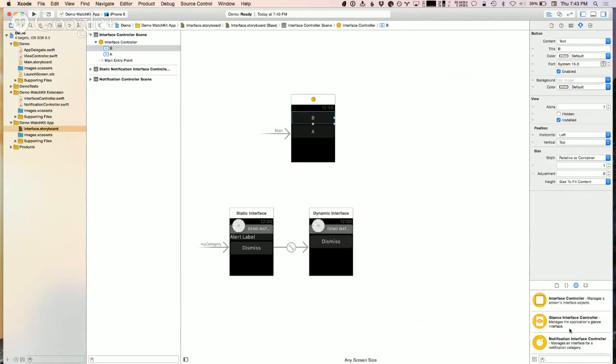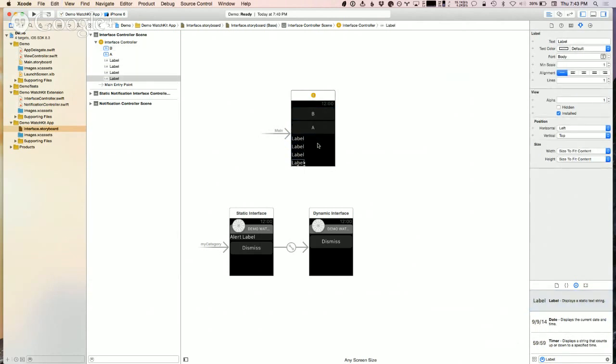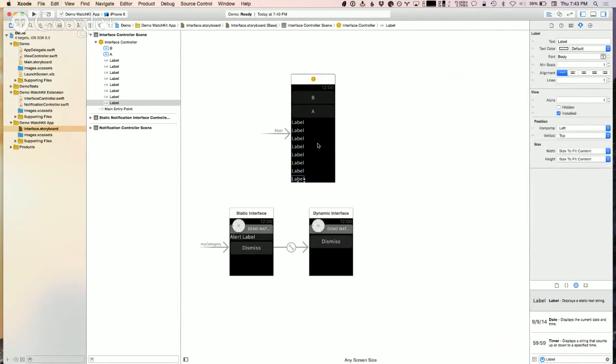So let me add a couple more things here. Put 4 labels on there. You'll notice it got bigger to accommodate all of the things on it. I can add a whole bunch more, and then it grows. If I run this app,